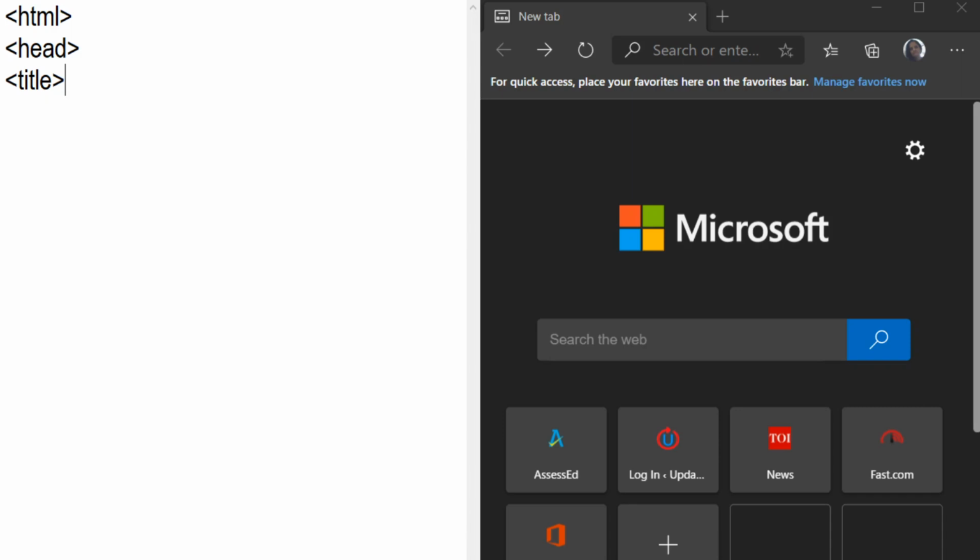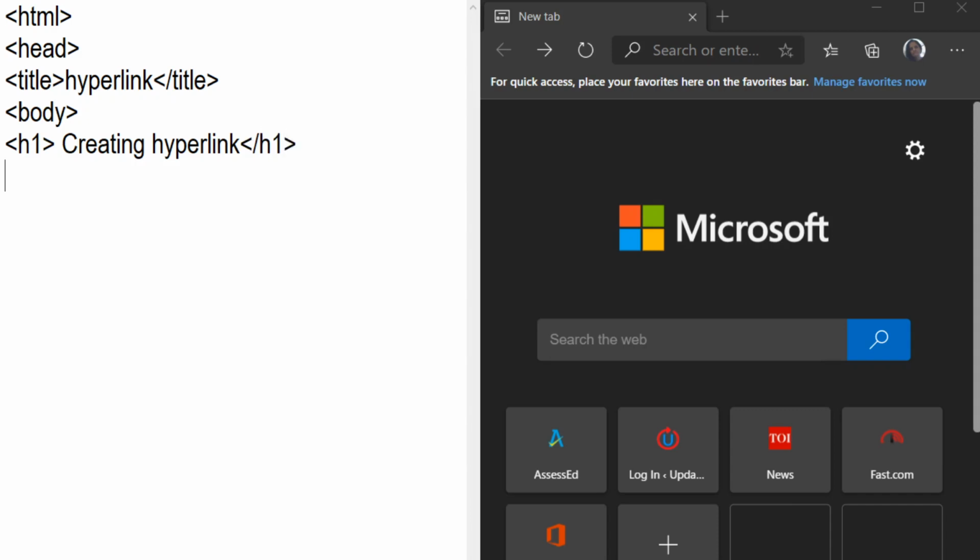So let's do the practical. Write down first html, head, title. Here we write the title of the document, hyperlink, and then you can close the title tag. After that you can start the body tag, and we add one heading here. The name of the heading is creating hyperlink. Okay, after that close the h1 tag, heading close.